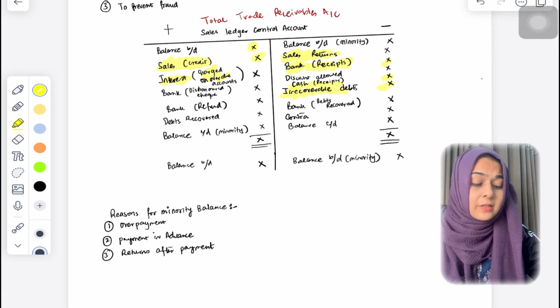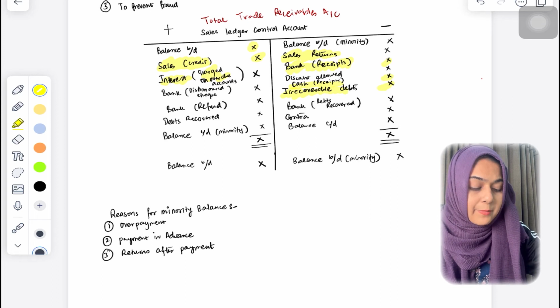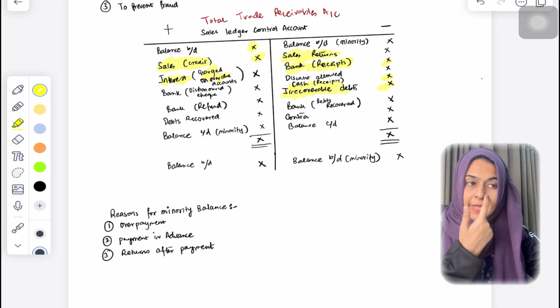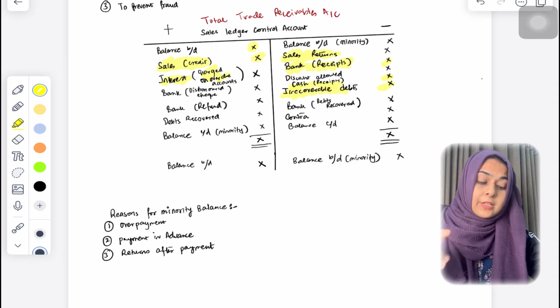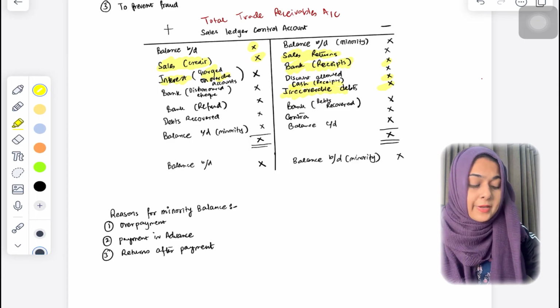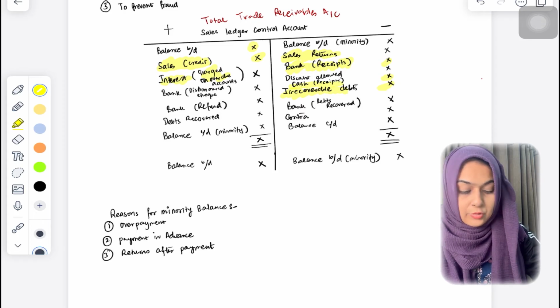Debts recovered is an income account, but there are two double entries for debts recovered. Number one is, let's say the customer's name was Hamna. We actually wrote off Hamna in the past year, but she comes back and she wants to pay us. So I will do Hamna debit the amount, and I will credit the debts recovered account. So if you look here,